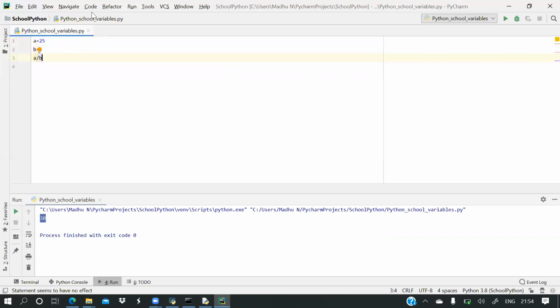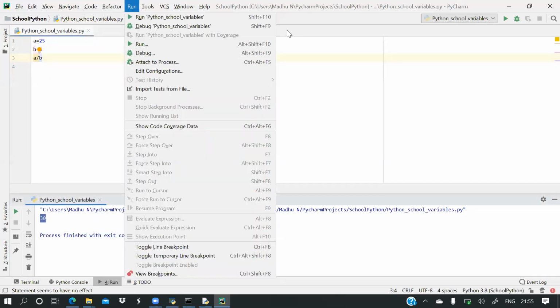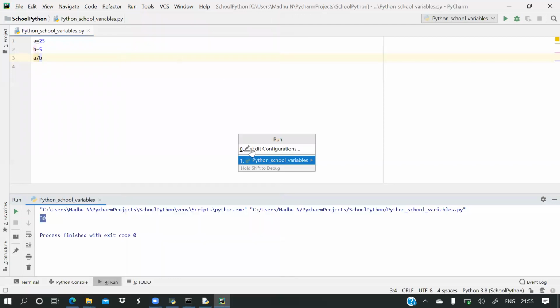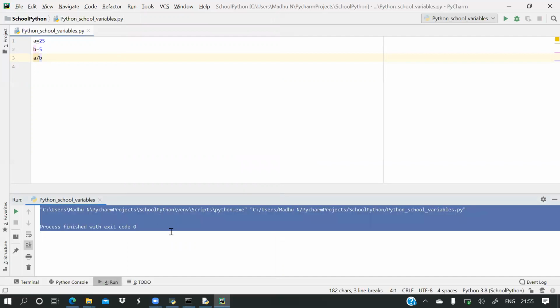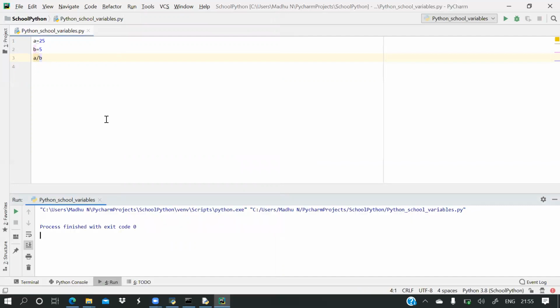Let us see, we have to experiment whether this new PyCharm allows writing without the print statement. It is not printing. See, nothing is printed. So what we discussed is correct. Our present version is also not allowing this. Without writing the print statement, we cannot print. So here we have to write the print statement.